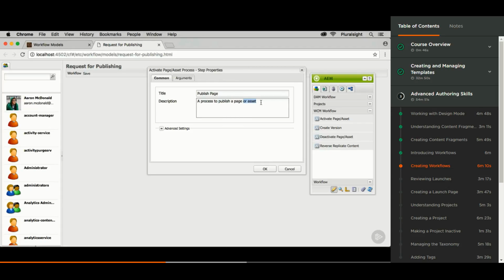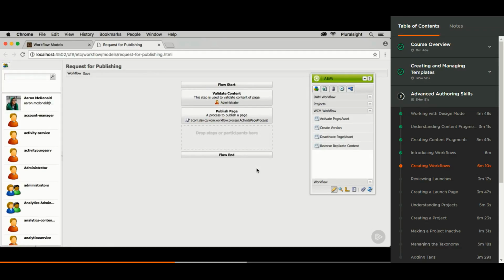And I'll go ahead and get rid of Asset there. In this case, we don't have to make any changes to the Arguments tab, so we can come down and click OK. So if we look at this workflow that we created, starting from the top, we have flow start,